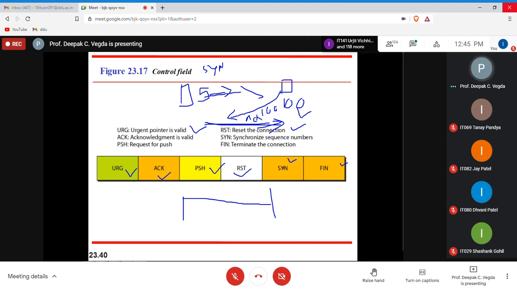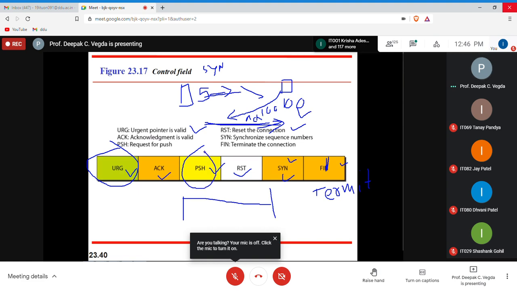This is how you are building a connection. So at that point of time, you will use this pointer. And FIN is, as I told you, to terminate a connection. When you want to terminate a connection, you can use it, to say that I want to terminate a connection. You will send this packet with this bit as 1. That's it for today. I will emphasize these 2 pointers in the next lab, if possible.